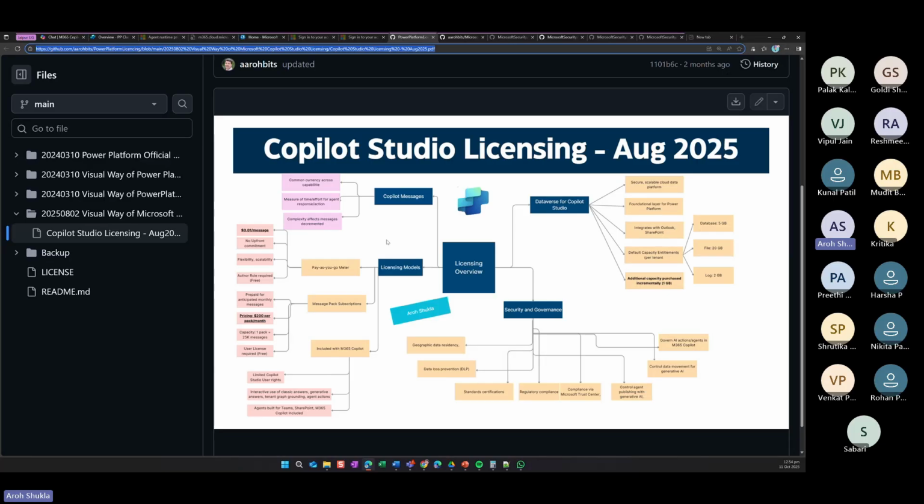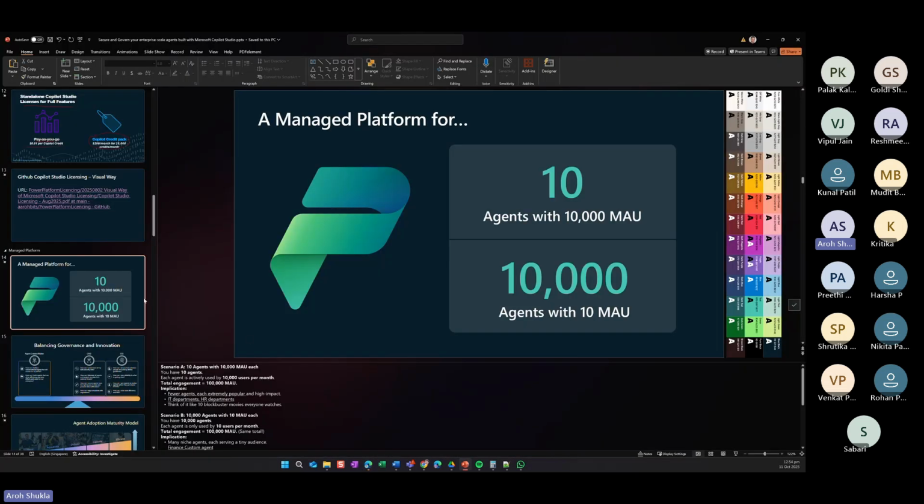Again, I'm not a licensing specialist, but when you're working with your C-level or manager, whatever it is, talk to them that Copilot Studio needs licensing. It's not free. Again, Copilot Studio is not free. Okay, so that is something I want to call out.